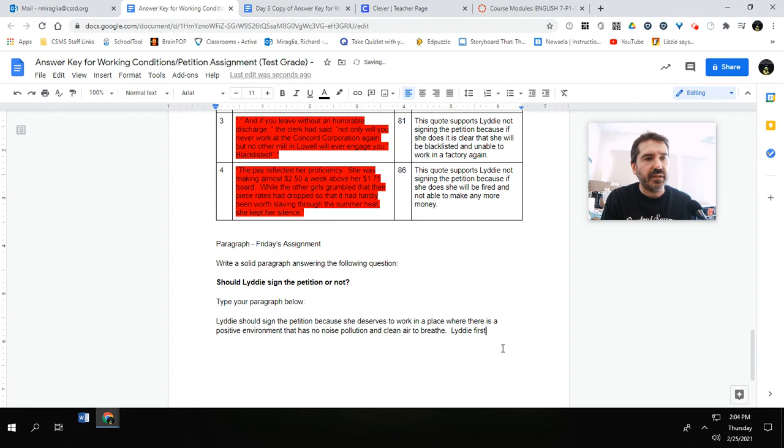Liddy first encounters noise pollution in chapter... I'm introducing the quote, telling and setting the stage for the quote.